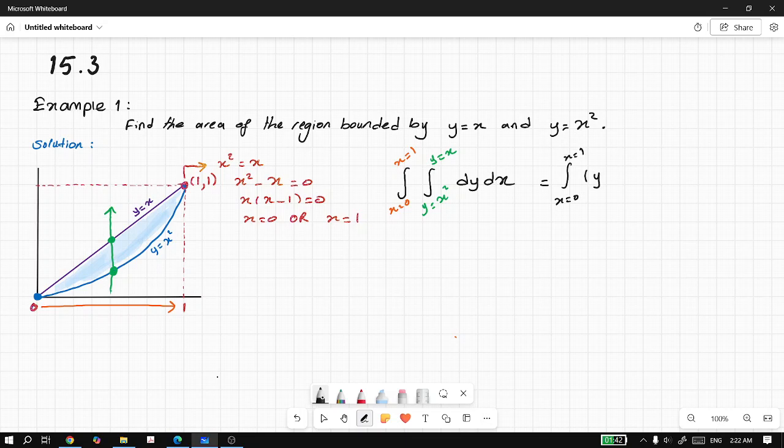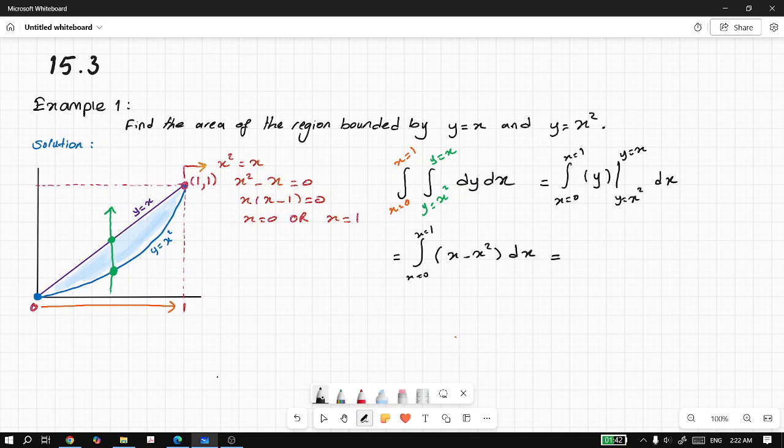It gives me y with respect to y, where it runs from x squared to x, and then we have got dx. Solving this one simply, we get x from 0 to 1. Here when we put x instead of y, it gives me x minus x squared dx,